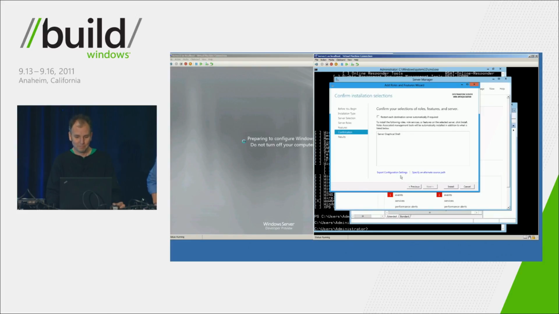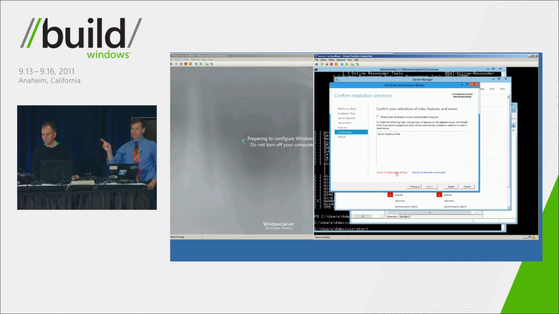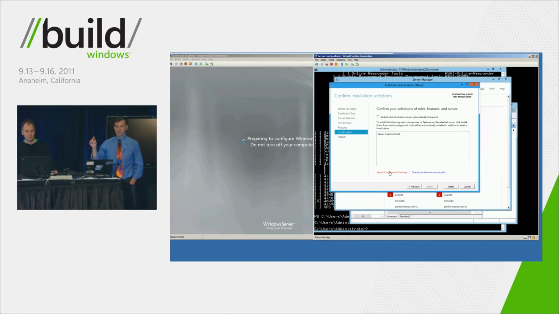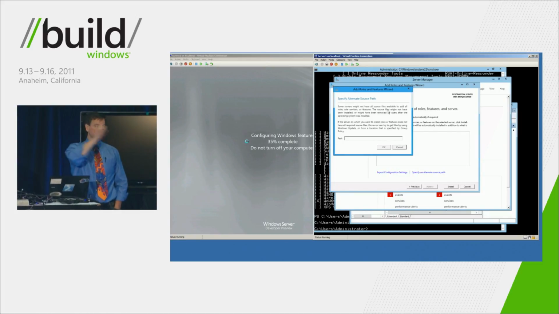I don't know if you can see this, but on the left, it says you've got two things at the bottom. On the left is export this as a configuration file, so you can use the GUI to figure out what you want on something, store it as a configuration file, and then you can automate that. I showed that in the Server Manager keynote demo. But to the right of this is